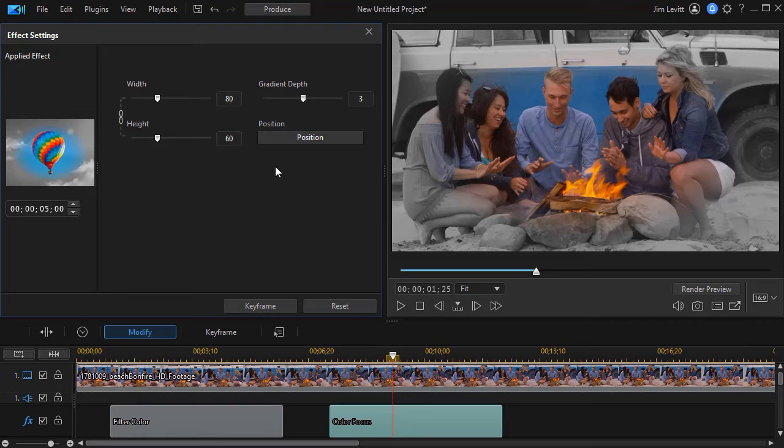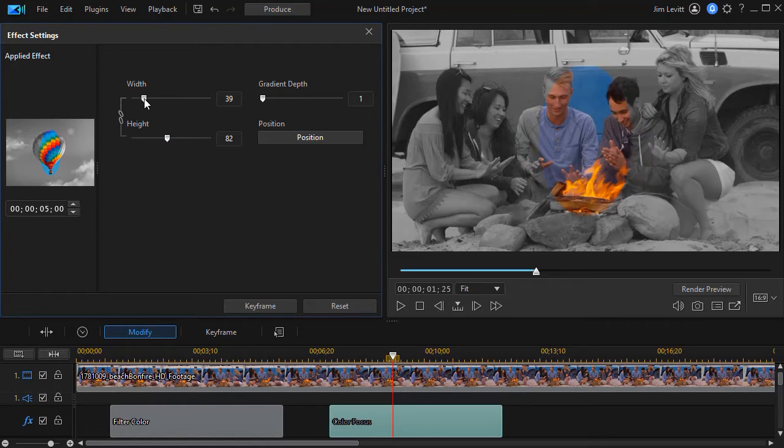Now this is slightly different. We can keyframe this one, and we also have a height and width and a gradient depth as well. Now you notice we have an area here that's in color and the rest of it is not. I'm going to change my gradient depth down to 1, and now you're going to see the actual focus of my color. Now you can move the height and width together, and that's the default, or you can click on the chain and unhook the two of them, and so now I can change it to taller,